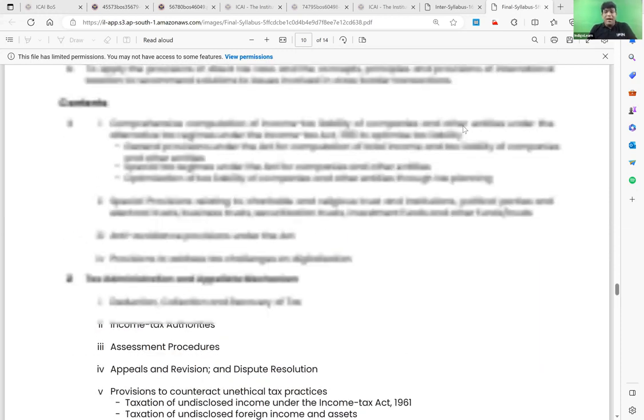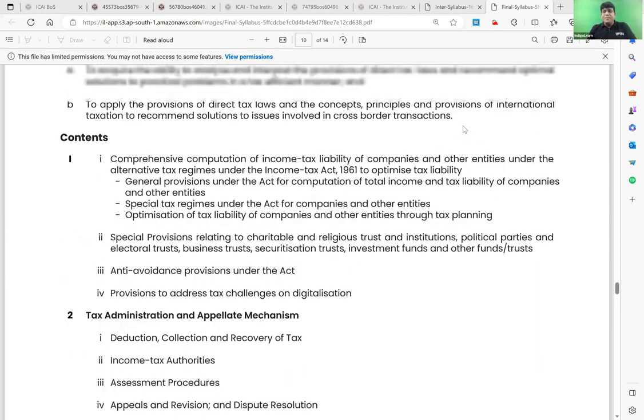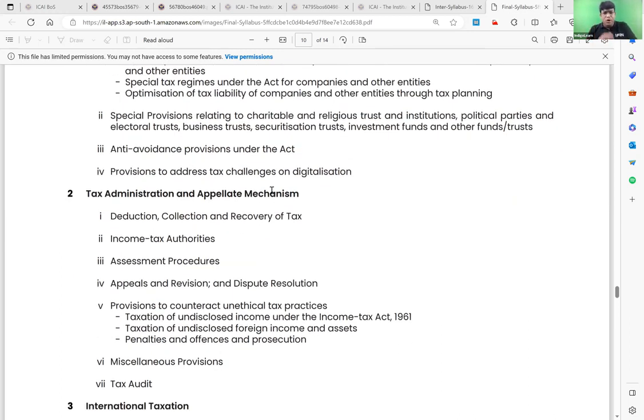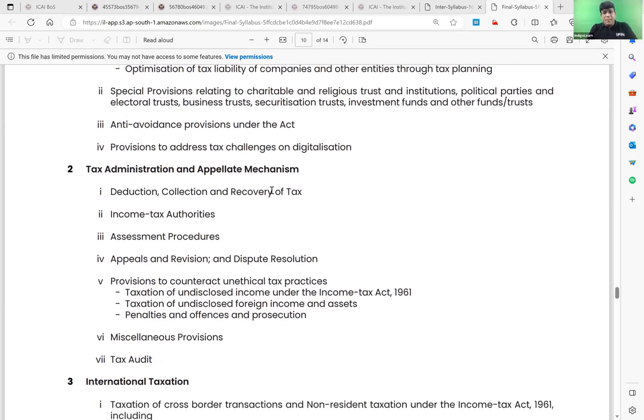But the other side of the coin, where they covered the heads of income and all, doesn't seem to be there now, because they're talking more about combination of tax liability of companies and other entities under alternate tax regime. They are talking about general provisions and combination of tax liability of companies, special tax regime for companies and other entities, and optimization of tax liability through tax planning. And then they also spoke about electoral trust, business trust, which was there even before, anti-avoidance, provision to address